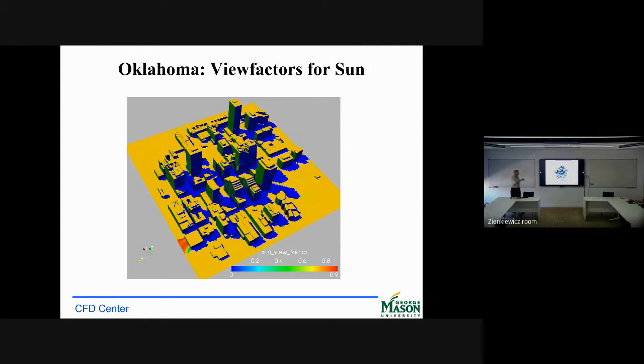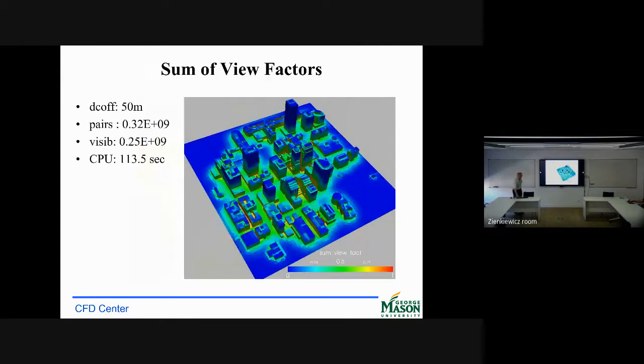Okay, and these would be the view factors for the sun. Should have a video here later. So now the question is your cutoff factors. You think, well, 50 meters is a long distance. Okay, so